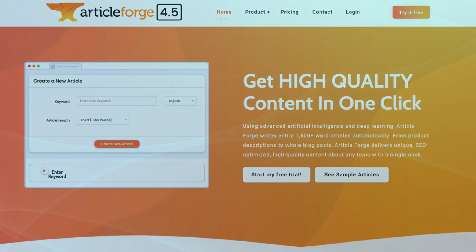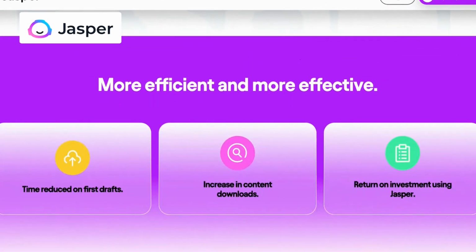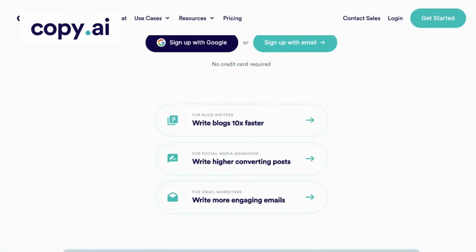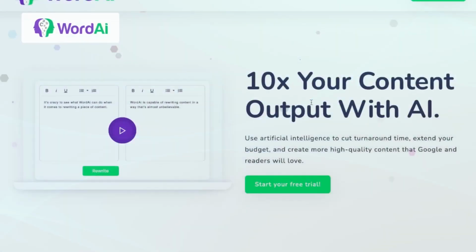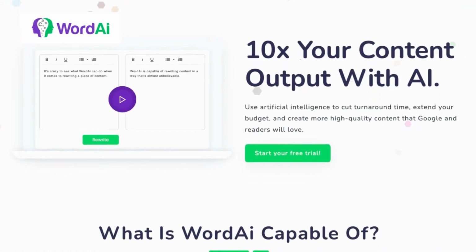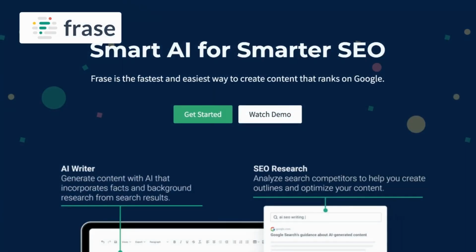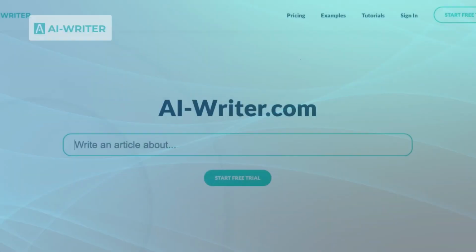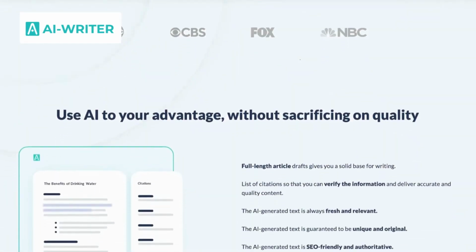Compared to Article Forge, Jasper focuses on creating engaging and well-structured articles, ensuring that the content produced is not only unique but also captures the attention of readers. Copy AI stands out with its versatility as a writing assistant and generates persuasive and compelling articles across various writing styles and formats. Word provides a familiar and robust writing environment and allows for extensive formatting options. Frase Io assists users in creating well-researched and SEO-friendly articles and empowers you to optimize your content for better readability. Lastly, AI Writer focuses on content personalization and allows you to tailor the generated articles for specific target audiences.